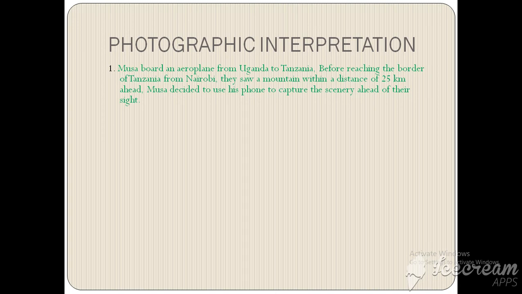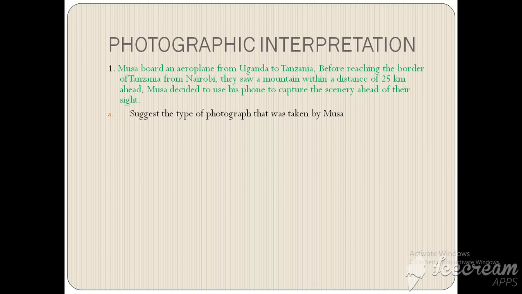Musa boarded an aeroplane from Uganda to Tanzania. Before reaching the border of Tanzania from Nairobi, they saw a mountain within a distance of 25 kilometers ahead. So Musa decided to use his phone to capture the scenery ahead of their sight. So question number 1 is suggest the type of